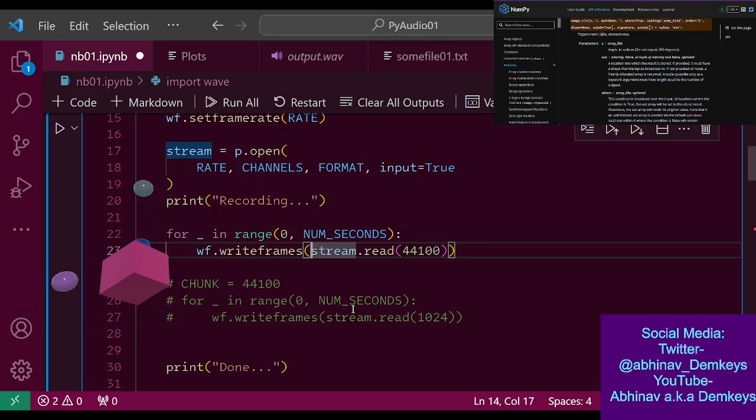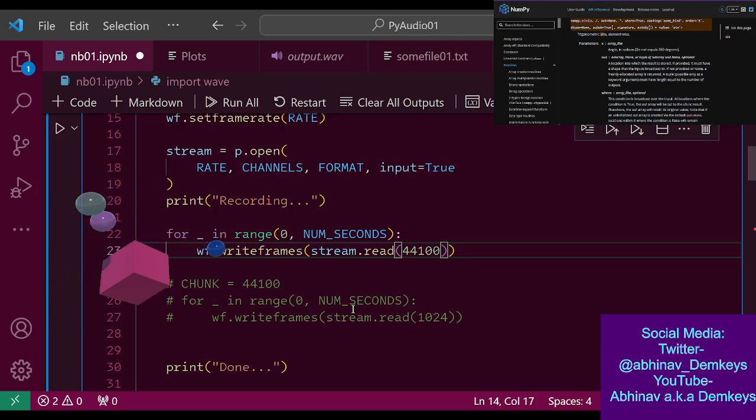But what I couldn't understand was what would be the difference between me reading a small chunk of 1024 versus reading a bigger chunk of 44.1K. But eventually it kind of made sense.